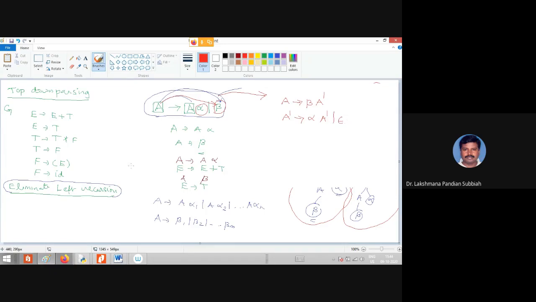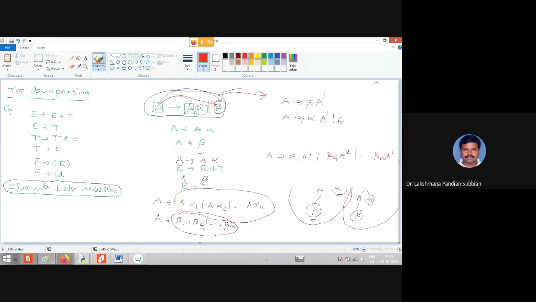If you are having more alternatives as like this one, so we are having n number of alternatives: m number of beta and n number of recursion alternatives. So for that case, what we have to do is A derives beta 1 A dash or beta 2 A dash, then up to beta m A dash.